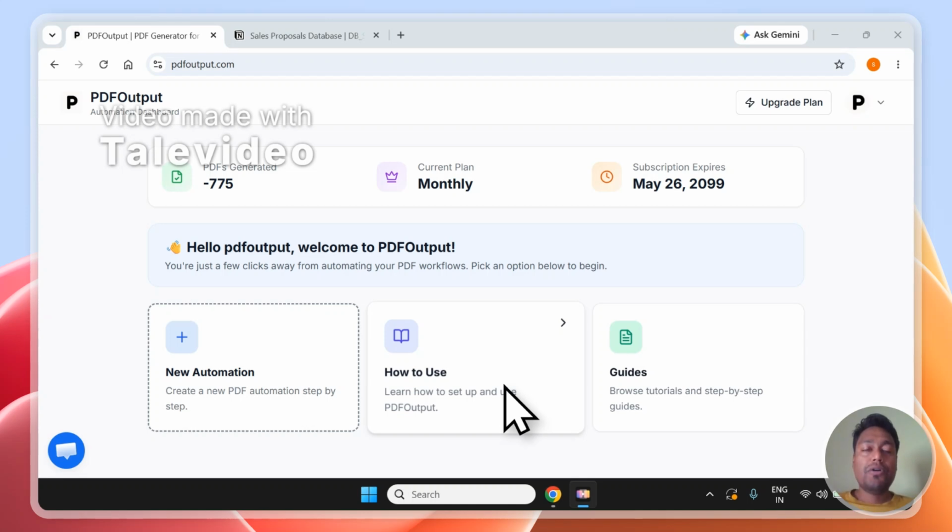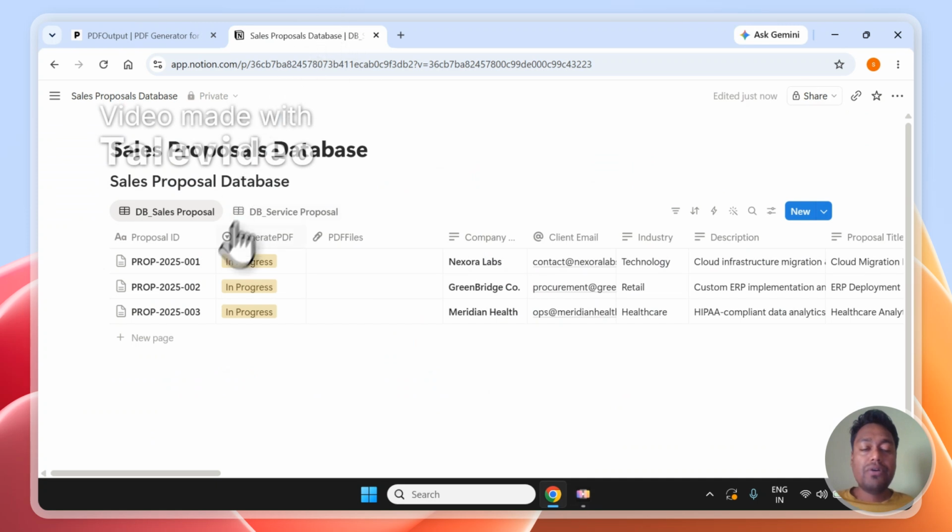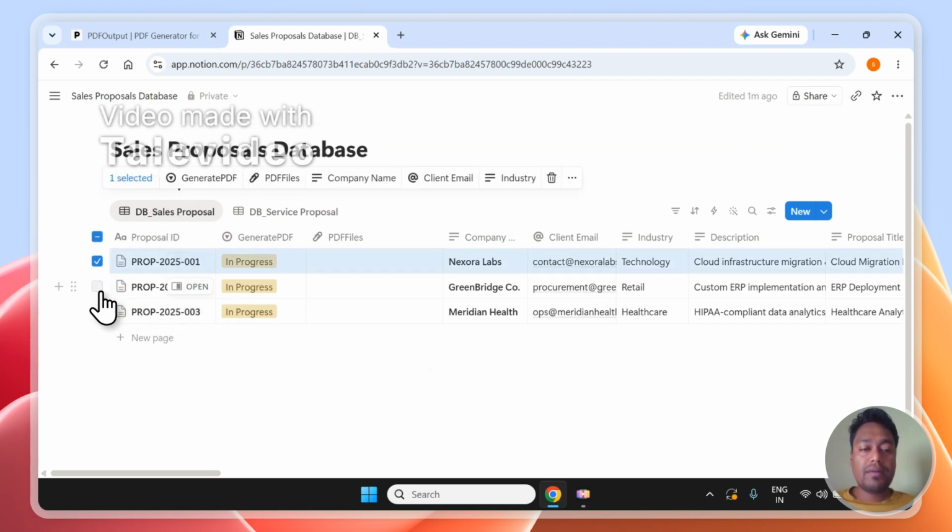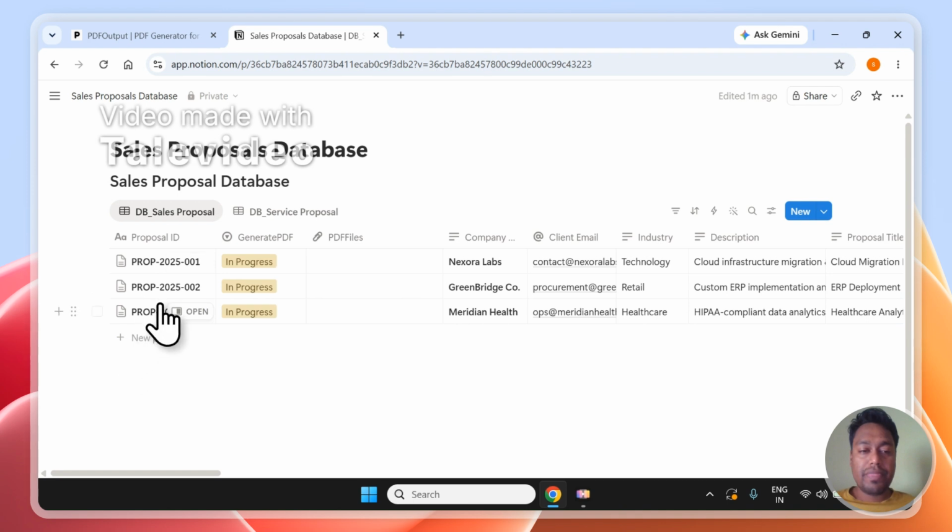Hi, today I'm going to talk about sales proposals and I'm going to explain how we are going to create PDF files on automation from a sales proposal database. As you can see, I have created a sales proposals database in Notion over here in the background, and I'm going to generate a PDF file one by one completely in automation from the sales proposal database that you see over here. So we're going to create an automation setup that will be able to create the PDF files directly